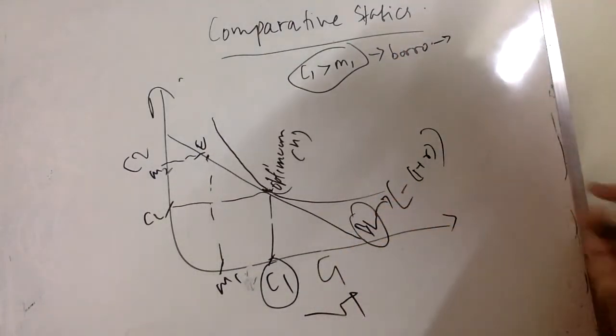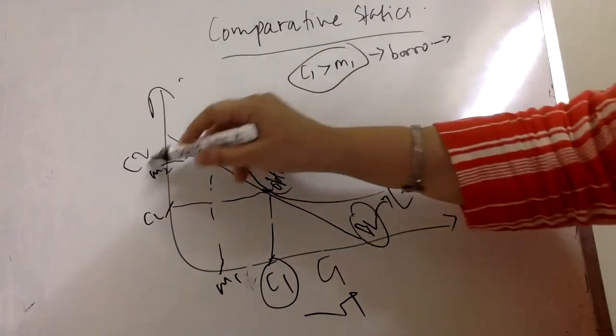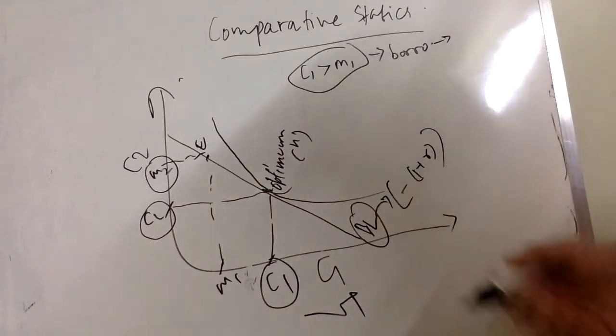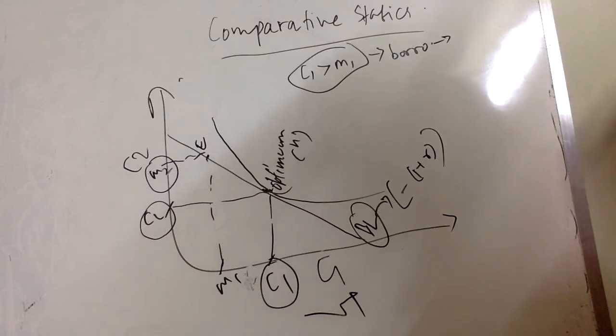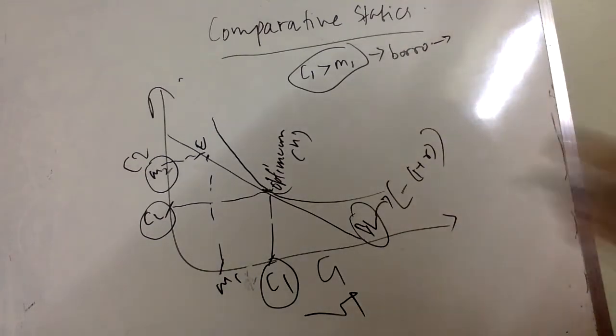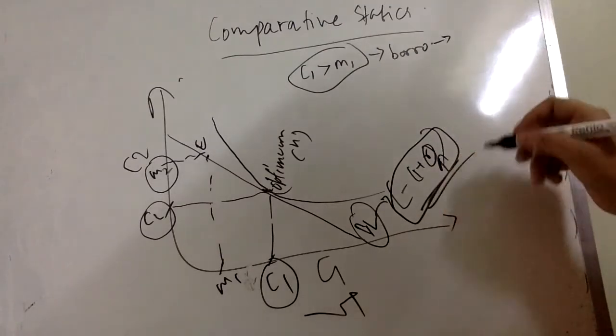Increasing the consumption in period 1, and for C2 here what we see is endowment M2 is larger than C2. So I am lending in period 2 and I am borrowing in period 1. Now as a borrower, if the rate of interest increases on my borrowing, the slope is minus (1 plus r). Now if r increases, the slope will increase.